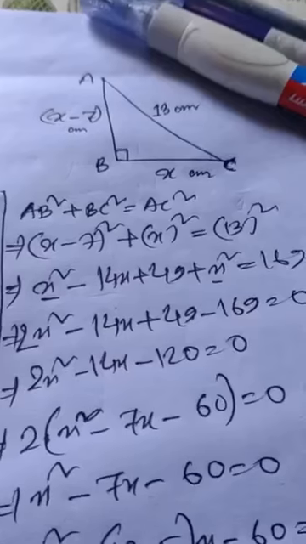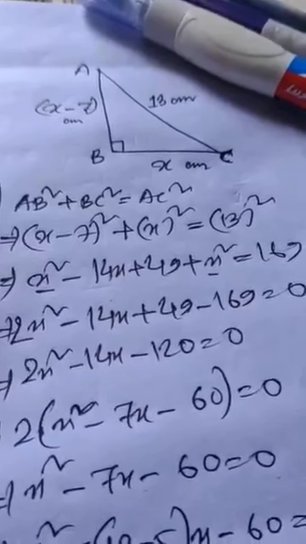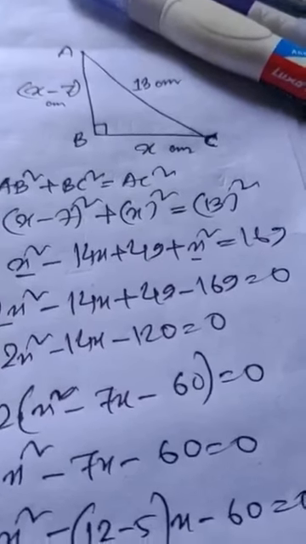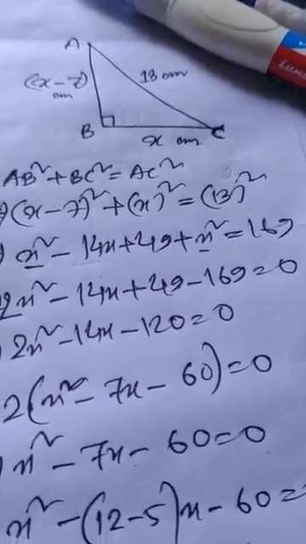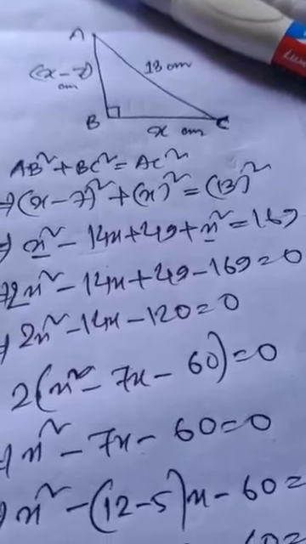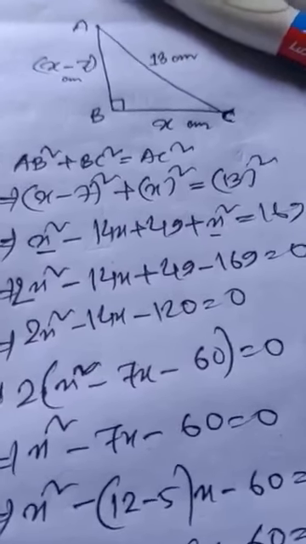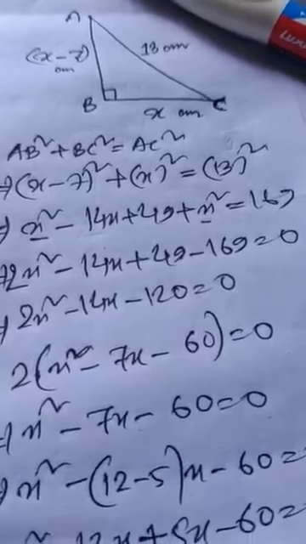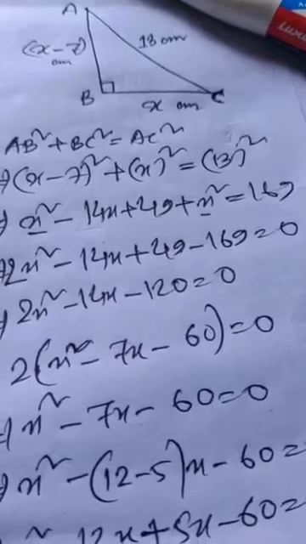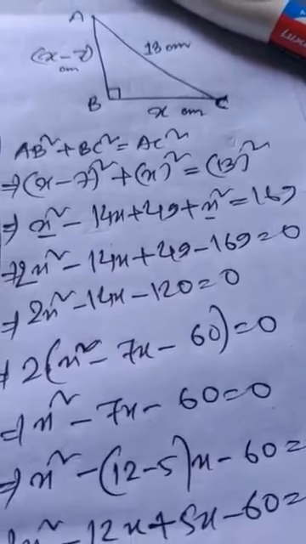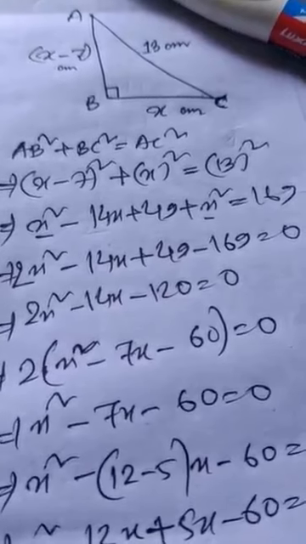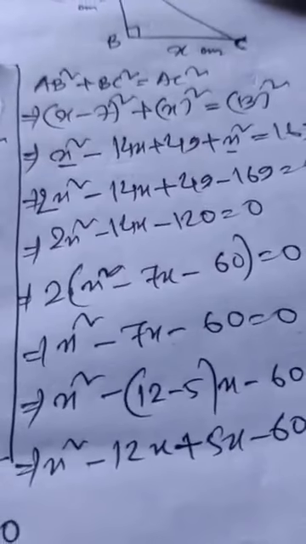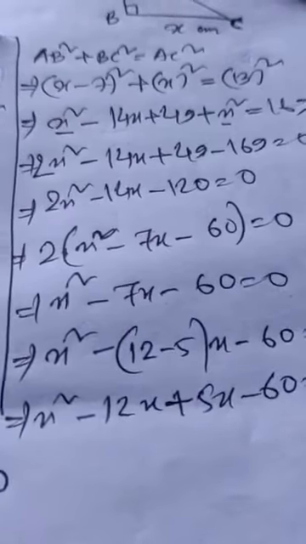According to the diagram itself, we can write all the values here. Like, what's the value of AB? x minus 7 whole square, plus, what's the value of BC? x, and what's the hypotenuse? 13. So with them you will put the square everywhere. So x minus 7 whole square is in the form of a minus b whole square, so you can use the a minus b whole square formula, plus x square is x square, then 13 square is 169. From there, x square and x square are like terms, so you can add them, then minus 14x plus 49, then you can bring that 169 towards the LHS, then in the next step you can take common